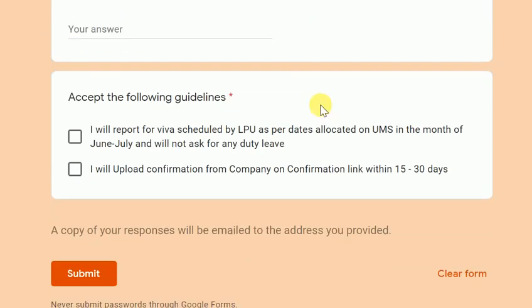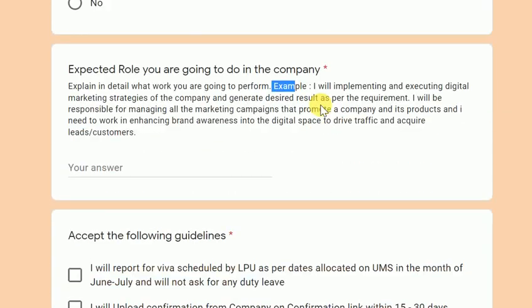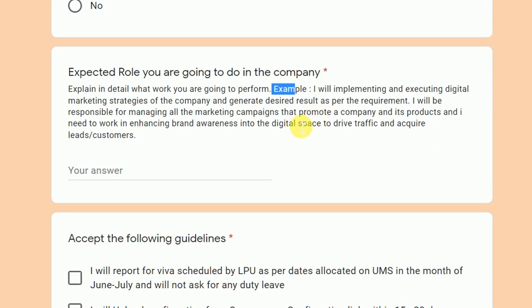If you give this kind of explanation and the company is good, your chances of getting the company accepted are very high. If you do not write this explanation, we will reject it with a code that the explanation is not proper, and you need to fill it again. How many times can you fill this form? It is up to you how many times you want to fill. If you keep on getting rejected, we might say that we have provided you the video and still you are not able to fill the form properly. What is the fun of doing the degree? So make sure that whenever you fill in details, you fill them properly.